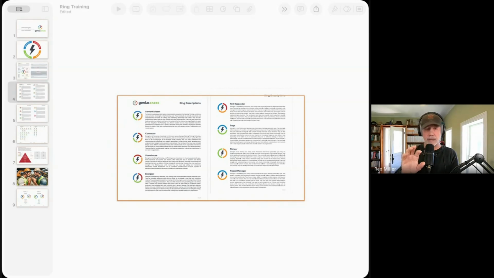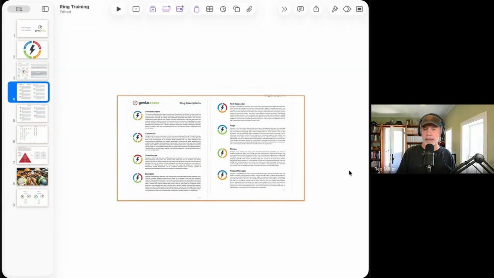You'll have this inside knowledge of when you look at a ring, not all rings are the same. And there's a general pattern or idea. But again, for you in coaching, you want to be able to look at 2 rings and say, oh, this person is more like a sage or more like a pioneer as a secondary influence in this. Let me stop for a bit because we're at the end of our session and get some feedback and questions to help me get the next session queued up.